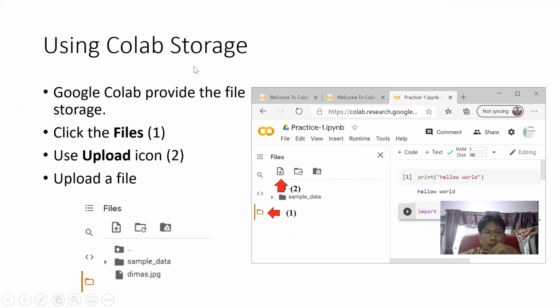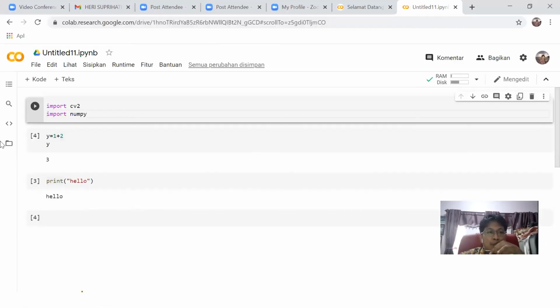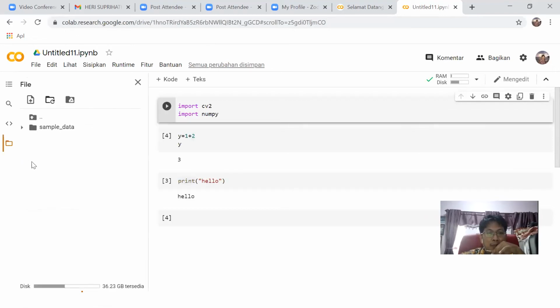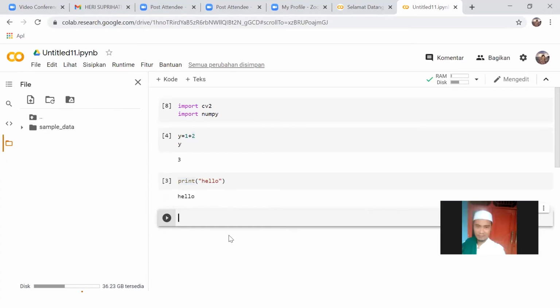Running cells and storage. This is a famous facility, especially for machine learning, because we have to use data. Because we use Google, we don't use the script to access our laptop, and the script here is accessing the files in Google, the storage in Google.